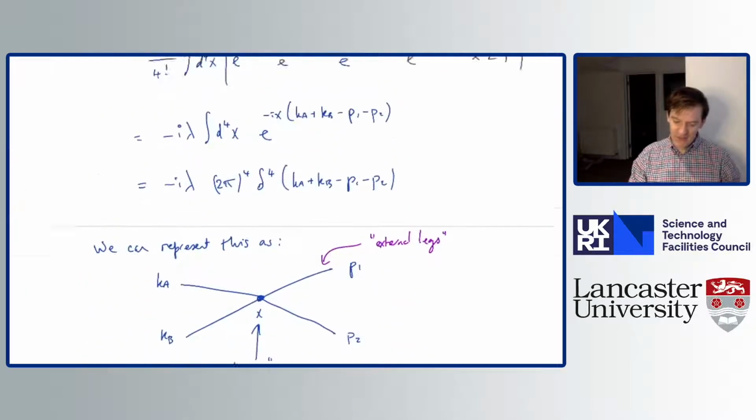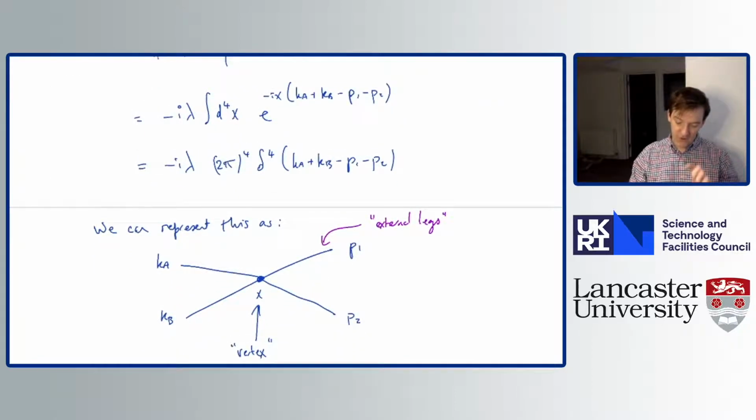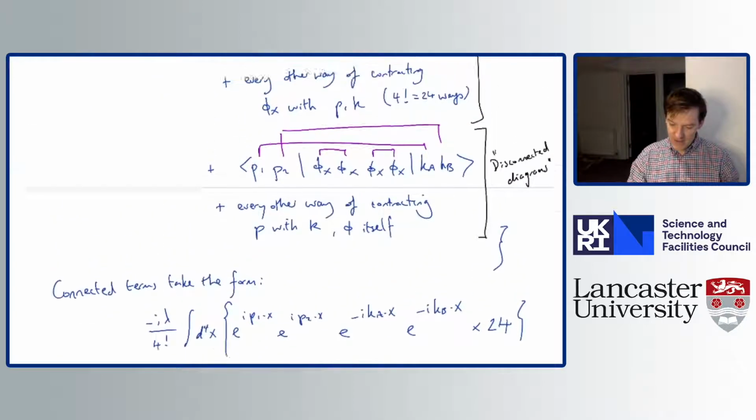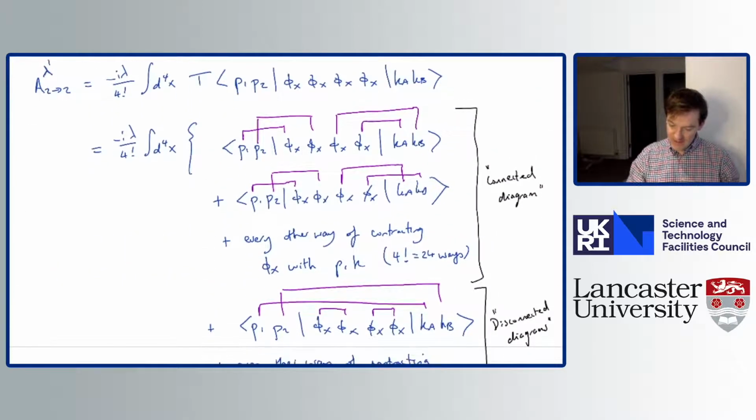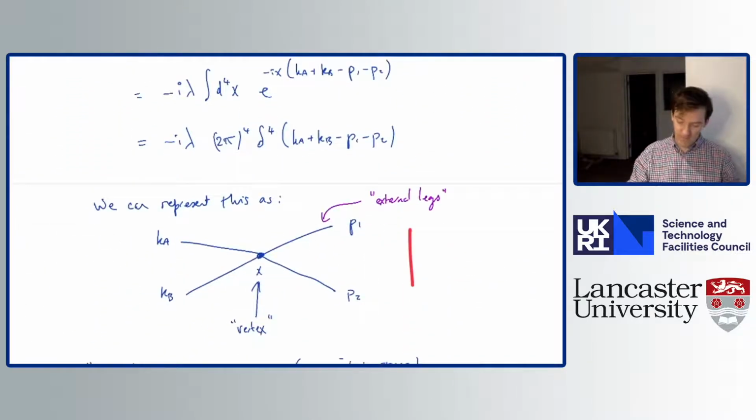Okay, so the symmetry factor is basically defined to be the number of combinations relative to this specific example. Here we had 4 factorial ways of essentially drawing the same process. If we consider other types of scattering processes that might have multiple vertices, the vertex factor can be different, so we have to correct for that